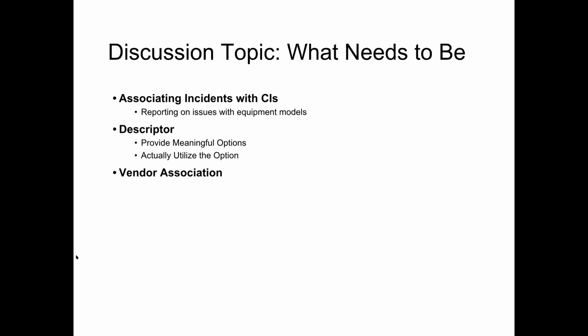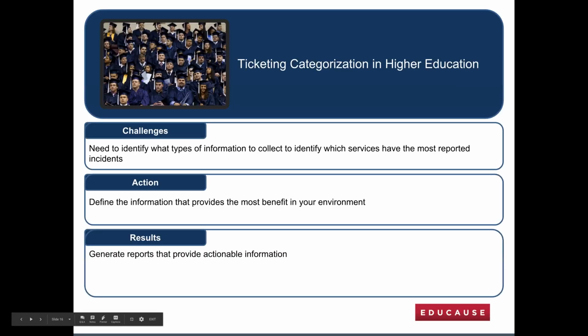Just on this last piece, as I'm looking through it, one of the things you definitely want to review is what you can report on. I look at the report that I provided, and I see that big chunk of desktop support, but I didn't have enough there to do anything actionable with it. There's always that saying, if you can't report on it, why are you doing it? We couldn't report on what all those incidents may have been. So why are we recording it? What can we do to make that gigantic piece of records more useful?